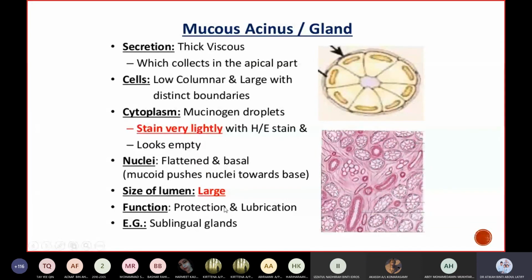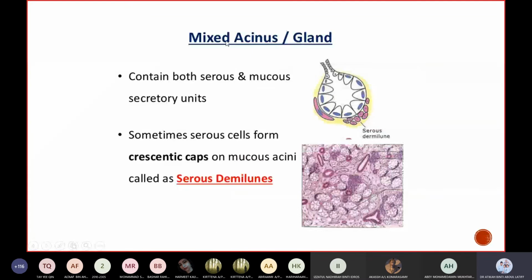Okay, so function usually for protection and lubrication because they secrete mucus. For example, sublingual glands in your mouth. So they secrete mucus for saliva. You can also have mixed acinus gland that secrete both the serous or watery type of secretion and mucus, which is the more thick type of secretion. And they also have these serous demilunes outside that help to control the